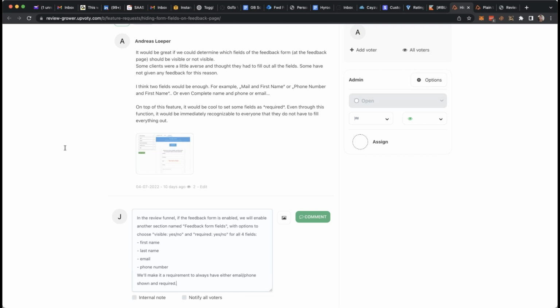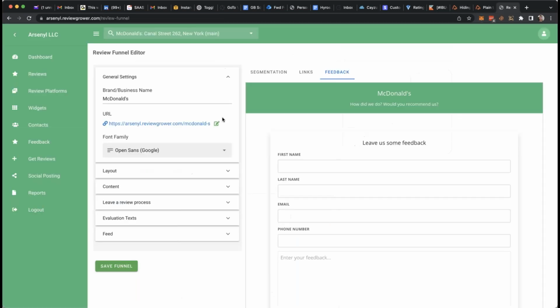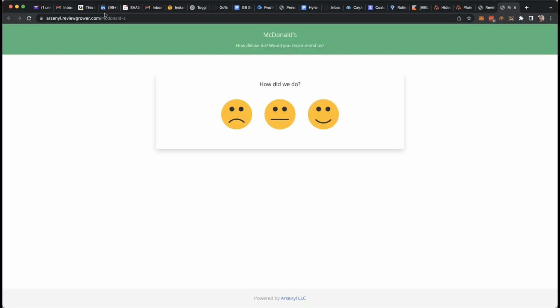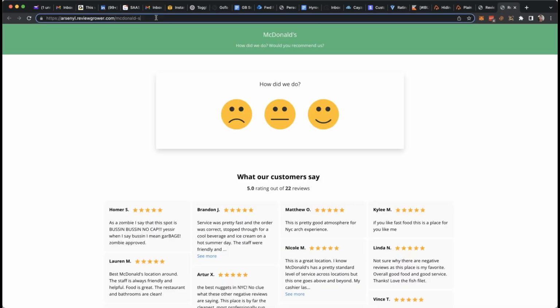I have a message from Paul. Could the name fields be automatically or dynamically filled from the request email? Email field could as well be dynamic, and the reviewer would only need to add the feedback and phone. Well, actually, when they click the link in the email, then in that case, we don't show all the fields anymore. By default, all the fields will show if you just go directly to the review funnel page. But if there's an invite link,